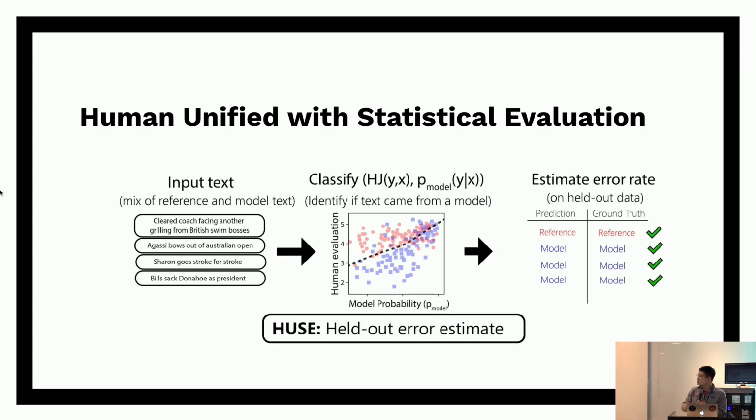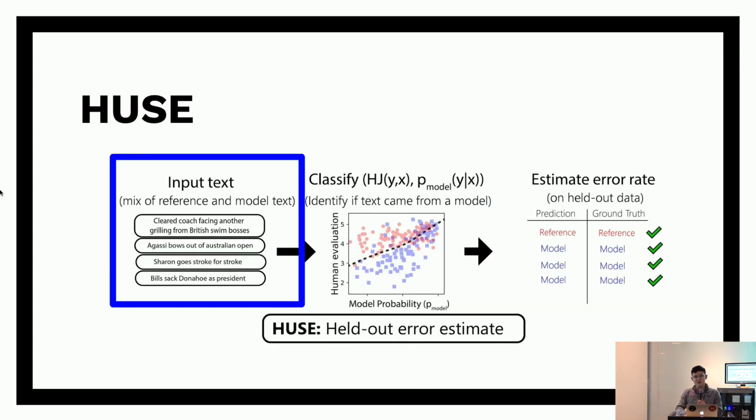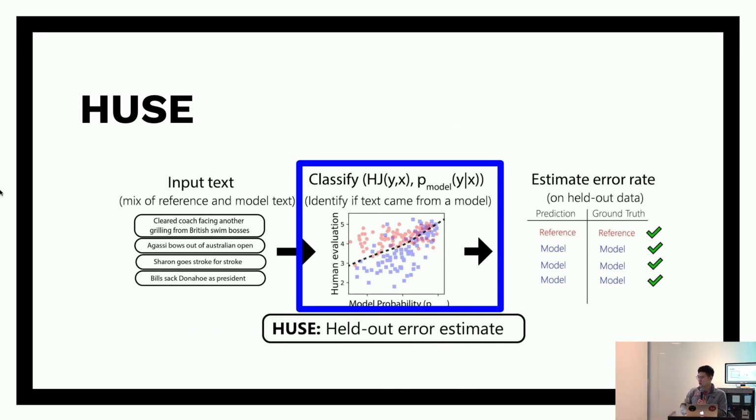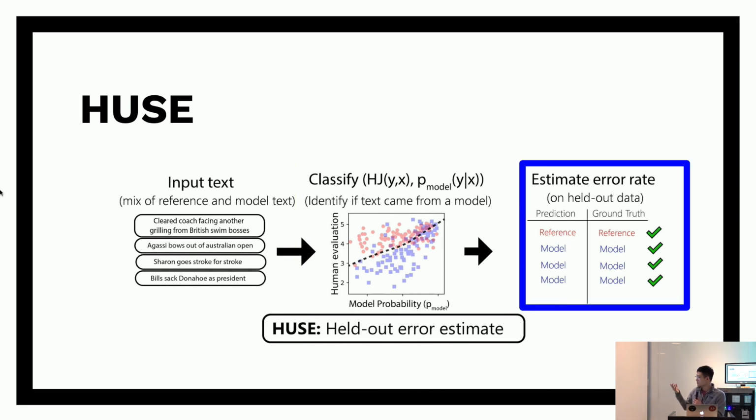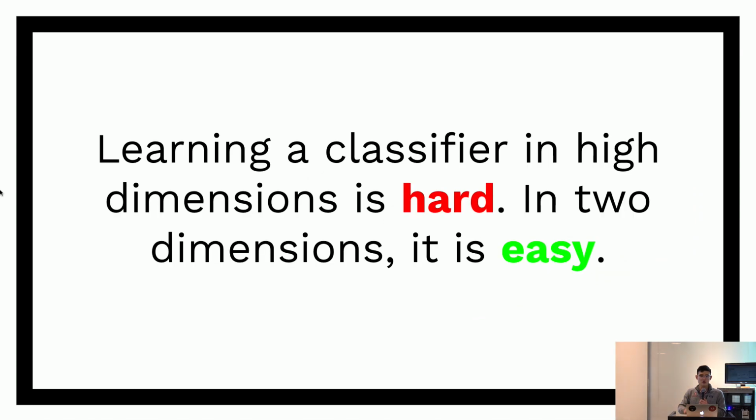And so, to recap, what we do is we mix model-generated and human-generated sentences together. We collect P-model and human evaluation for each point, and then we learn a classifier on these points. And then we measure the held out error rate of this classifier, and we use this as a judgment of how good the model is. We call this